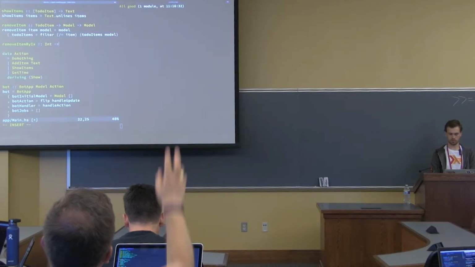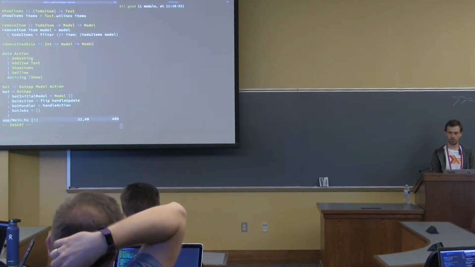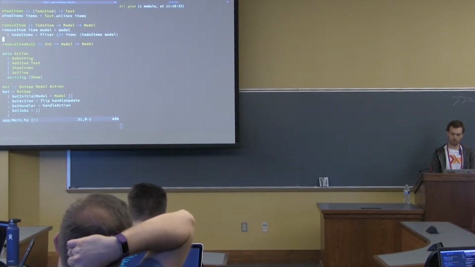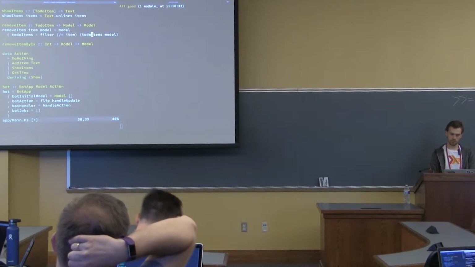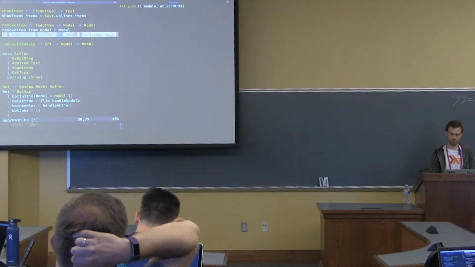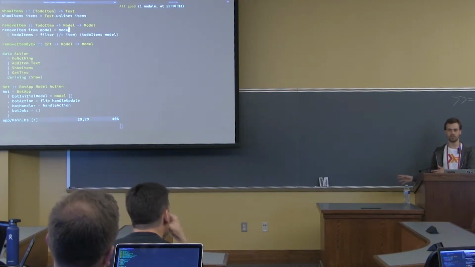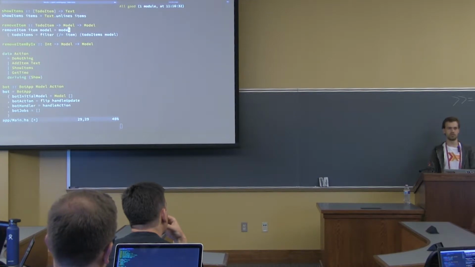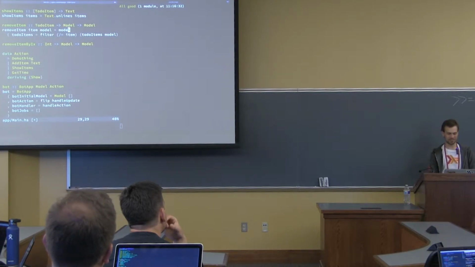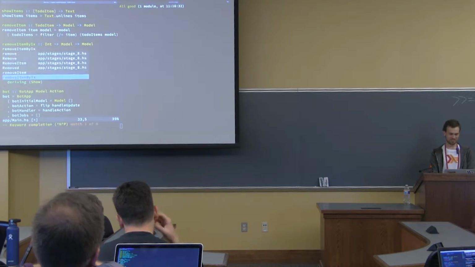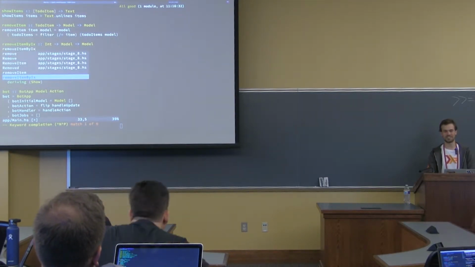Should that model be header letter? Like you have remove item and then you can try it. Isn't that like, oh, I'm using record syntax so that if model has any other fields, they are untouched. This is where lenses would be used. Yeah, but this is not a workshop on lenses, right? I was just wondering, like. Yeah, I'm trying to keep things simple. Yeah, of course you would use lenses,